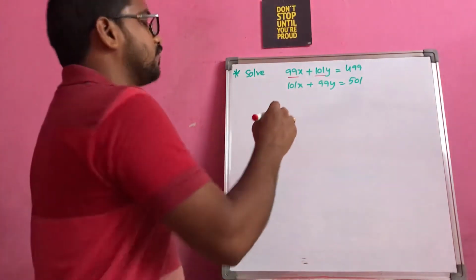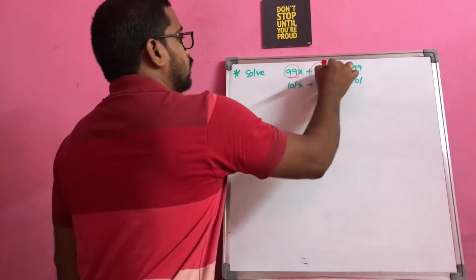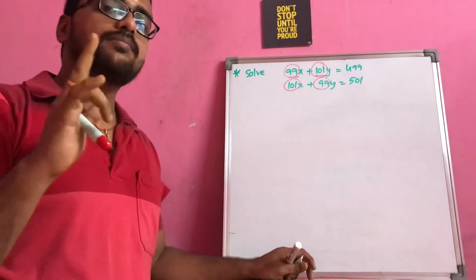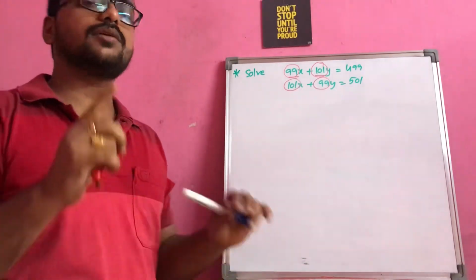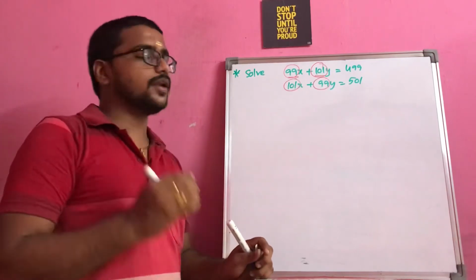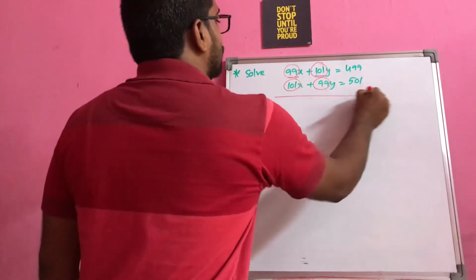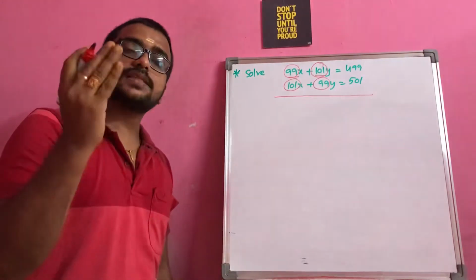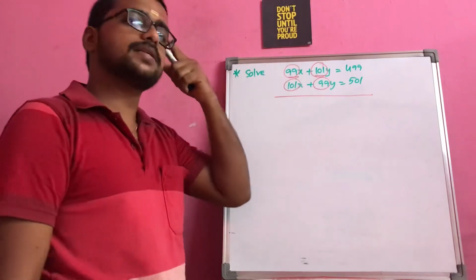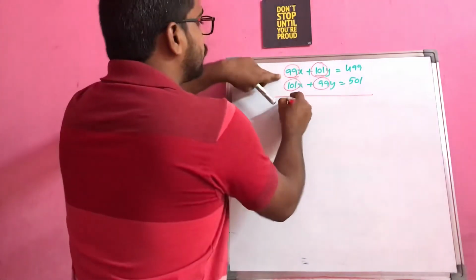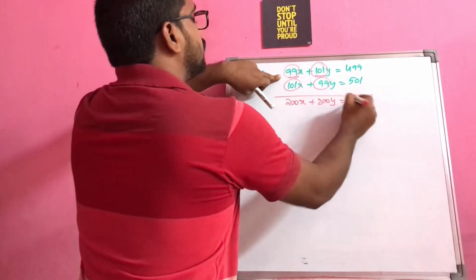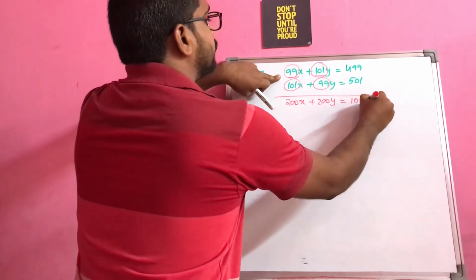But if you just make one observation here, the coefficients are same only. In the sense, the same numbers are used for the coefficients of x and y, but they swap the positions. So from this we can understand one small piece of information, that if I add these two, obviously I will get the same coefficients for x and y, correct? Because 99 plus 101 is same as 101 plus 99. So if I add these two, I will be getting 200x plus 200y. This is equal to 1000.